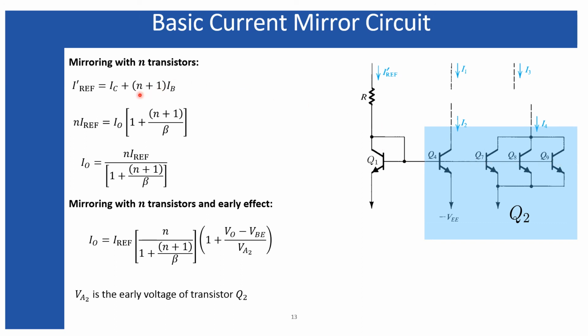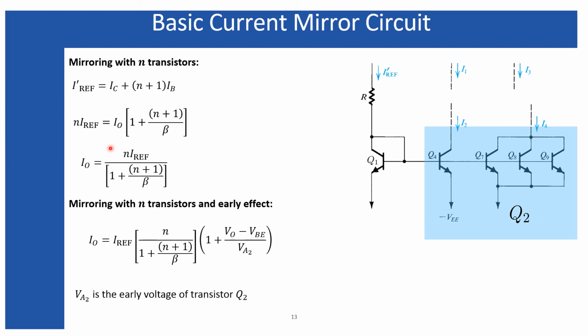Since there exist n transistors which are copying along with the source transistor, their base currents also will be supplied through this reference current. So n plus 1 times IB plus IC will be equal to this I dash reference. Now, since I dash reference should be capable enough to supply the copied current for all of these transistors, and n transistors are used here, n times I reference should be replaced, as I have shown in my last slide. So we can obtain this equation from here, and from this expression we can write I naught equals n times I reference divided by this factor.